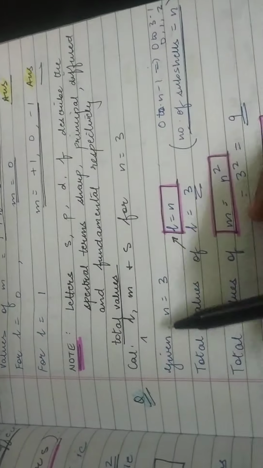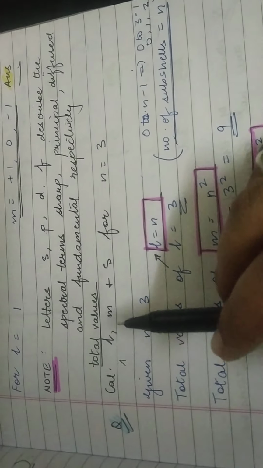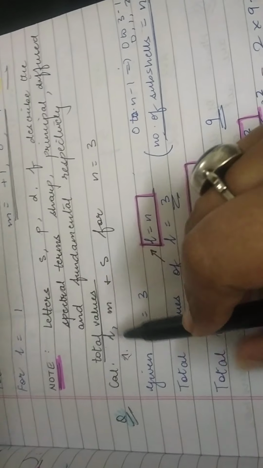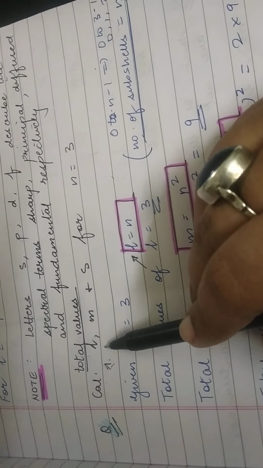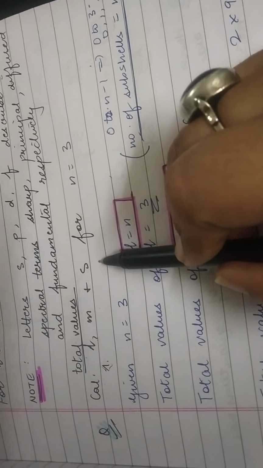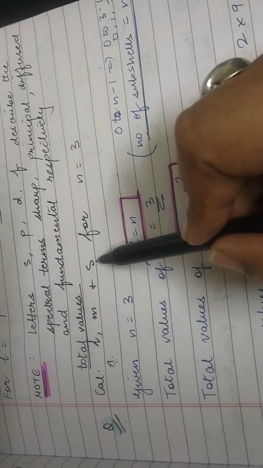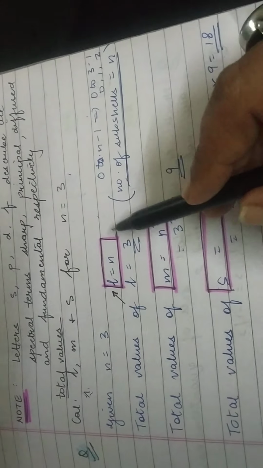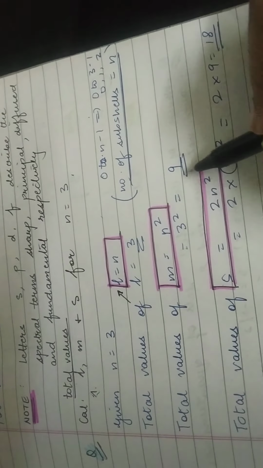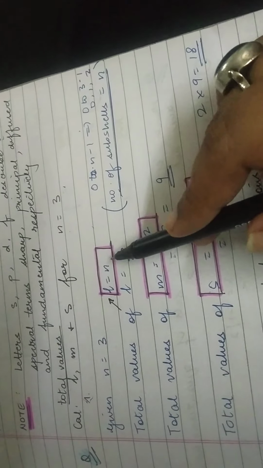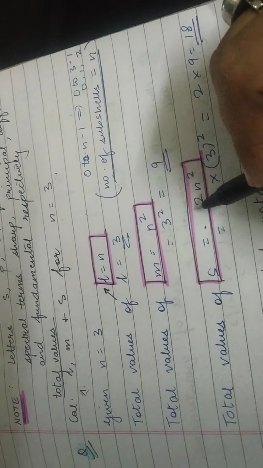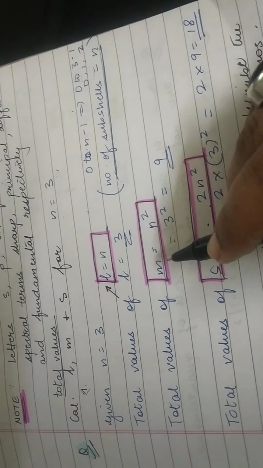Then students, next question, let's take a look. Slightly different question. Calculate the total values. Here I have put a sign of interrogation. Calculate the total values of L, M and S for n equals to 3. L, M and the spin quantum number for n equals to 3. Here in these pink boxes I have highlighted the formulae which we are going to use, and these formulae you must learn up. They are going to come in very handy, students. So please learn up these 3 formulae and just jot them down somewhere and learn them up.